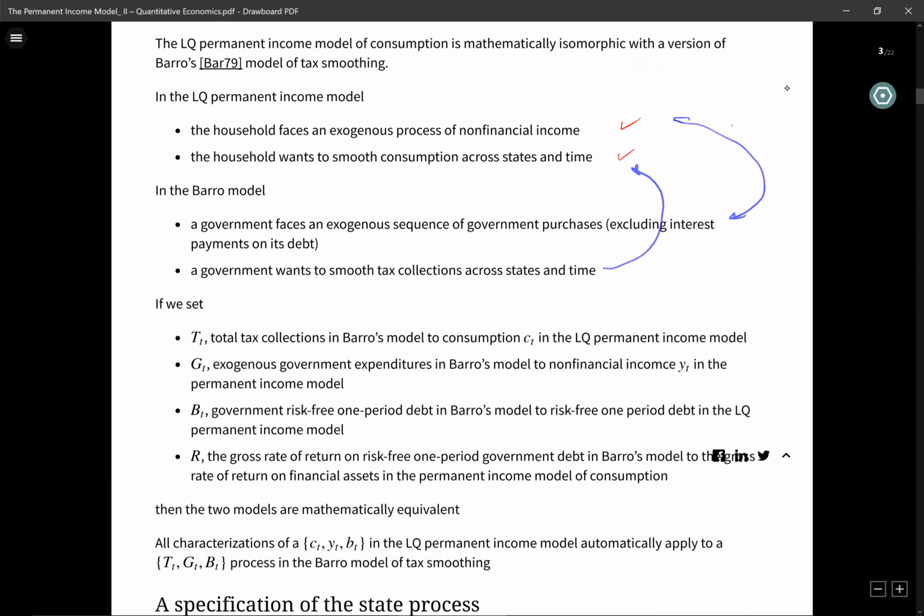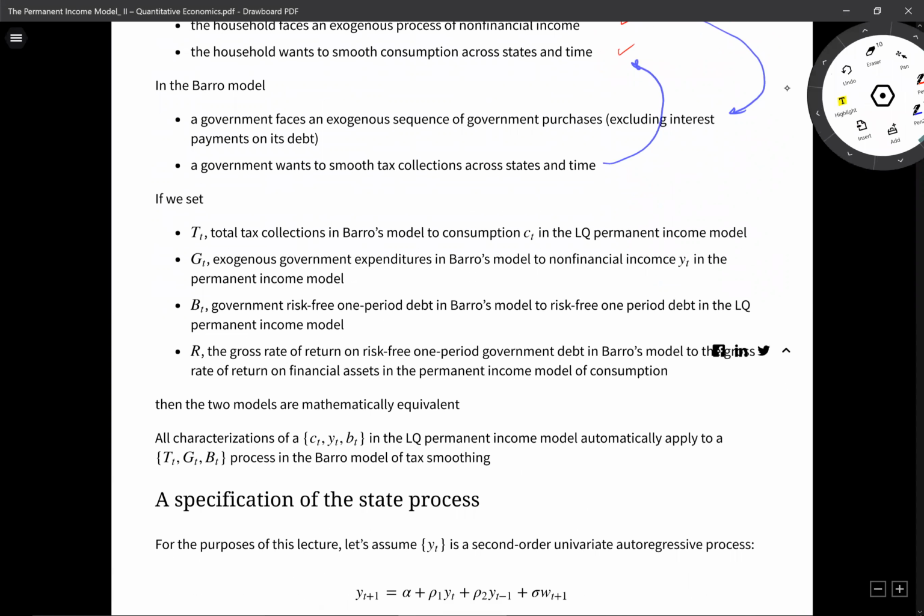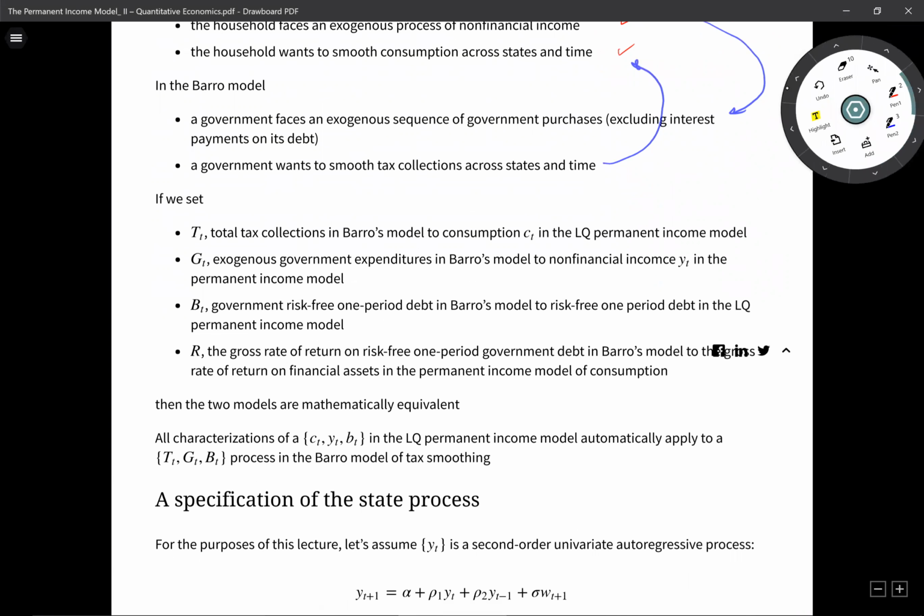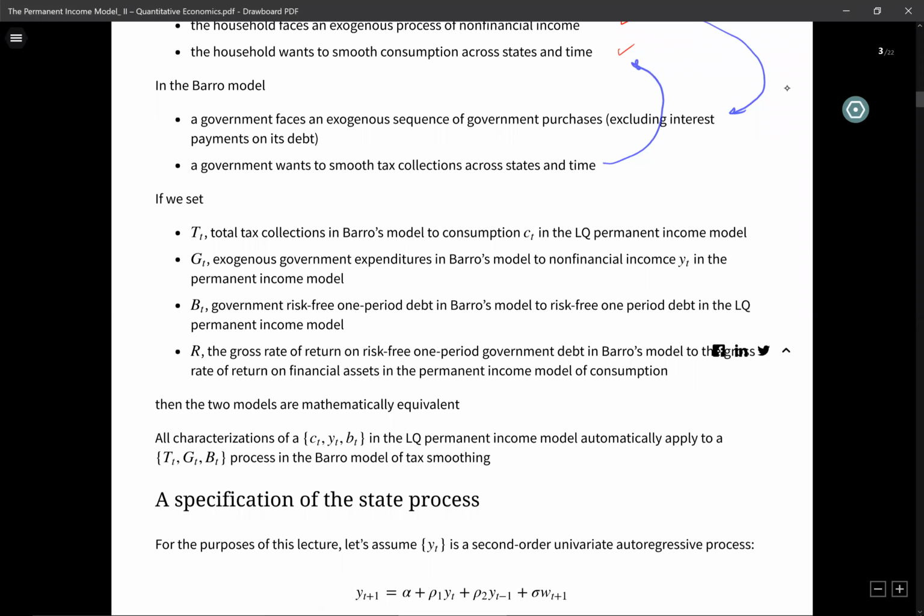So now we're going to use this isomorphism. We're going to let total tax collections in Barro's model equal consumption in the permanent income model. We're going to let exogenous government expenditures equal non-financial income in the permanent income model. We're going to let B, which is going to be government risk-free one-period debt in the Hall model,